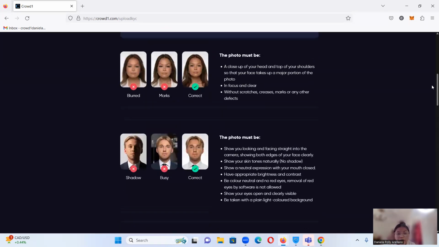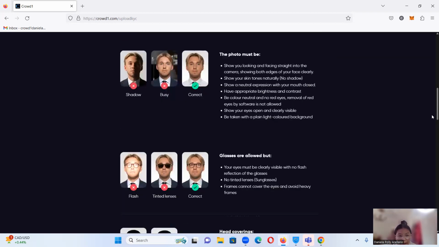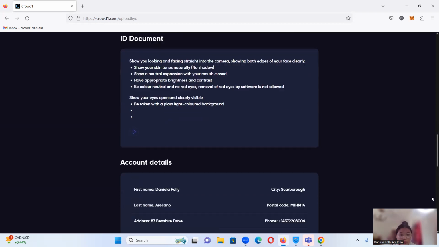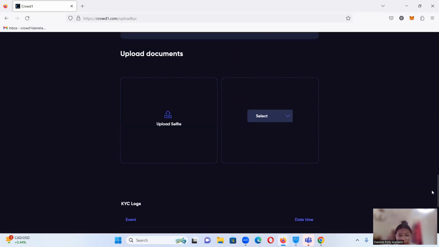So just make sure that you have a clear background, like a solid color background, preferably white, and that you have good lighting in a way that your face is shown clearly, and that the quality of the selfie or the photo is not blurry, and that you're not wearing anything that is covering your face. Your face must be shown in the KYC selfie photo. So you need that selfie,